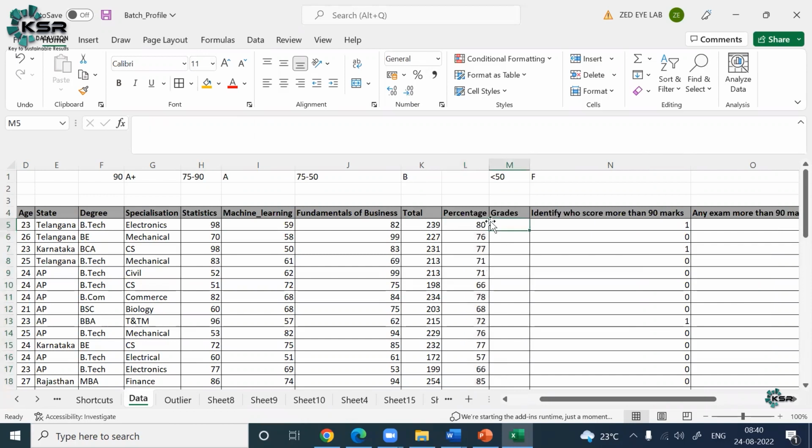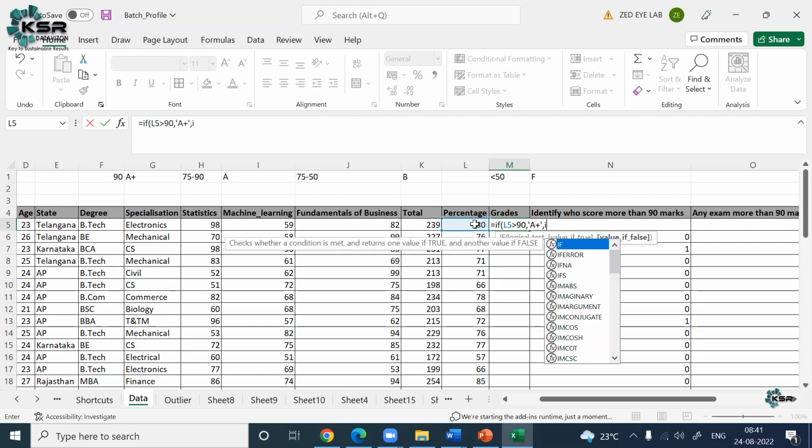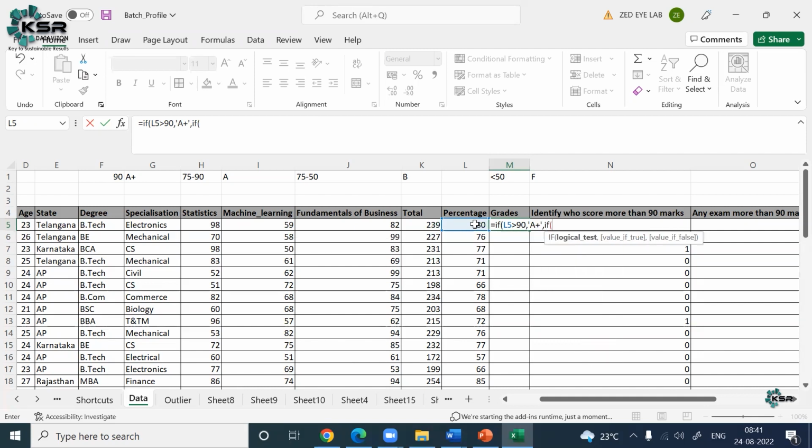Okay. So now what I have to do? If now my first condition, what am I going to check? Logical test. Okay. If this value is greater than 90, then what I have to do? Press A1. Okay. Now, if not, then I have a lot of cases. So I'll type another if, because if it's not 90, I need to make another check. What is this value? If this value is less than